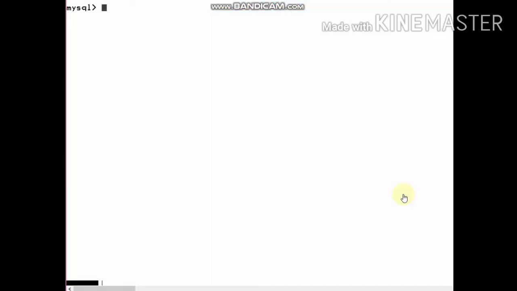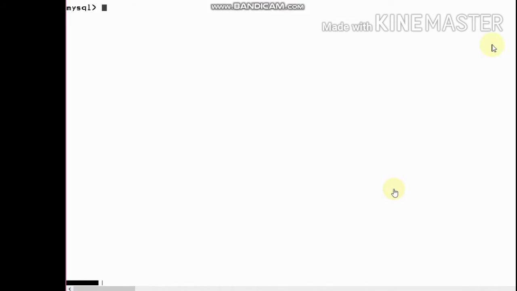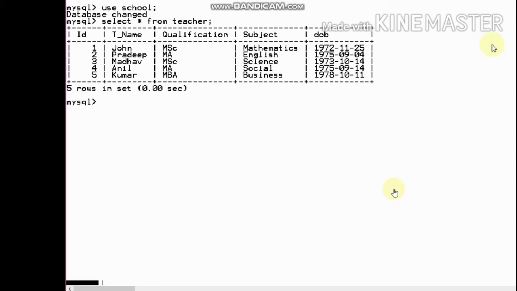We just check it in MySQL. Now use school, that is a database, open it. Then select asterisk from table name. Then it displays the whole data as it is in the database.